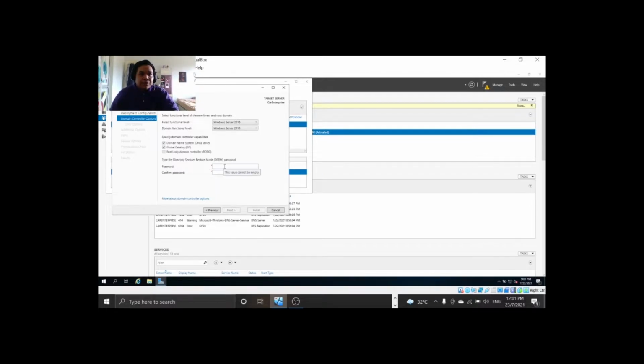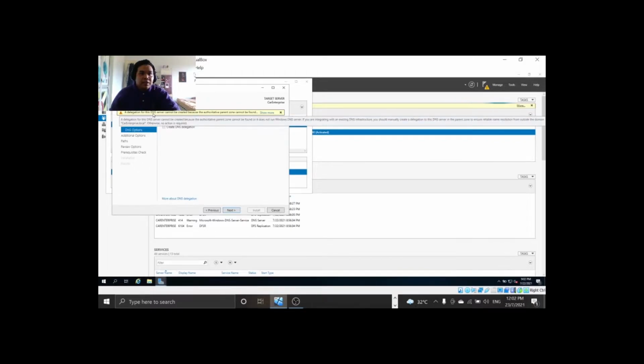And now we need to type the directory service restore mode password. We need to set a password for the directory service restore mode. So the password, I'm going to set it first. And I'm going to click on next. In this case, for the DNS option, this said that a delegation for the DNS cannot be created because the authoritative parent zone cannot be found. We haven't created the parent zone yet, so we don't have to click on this box yet. Then we click on next,